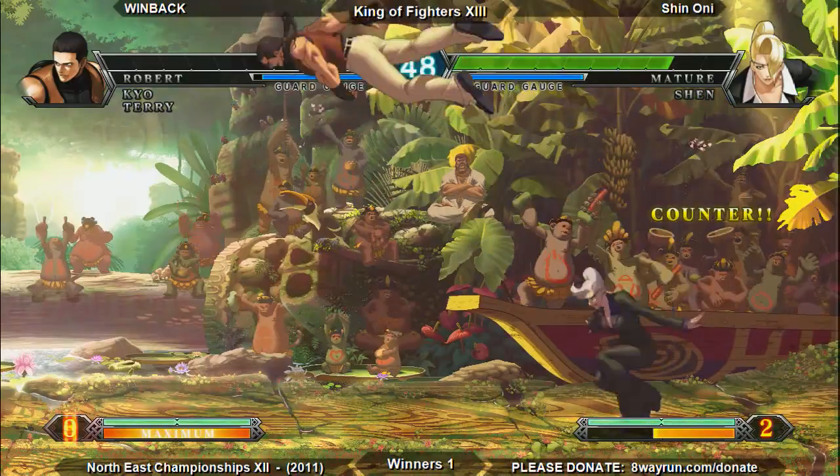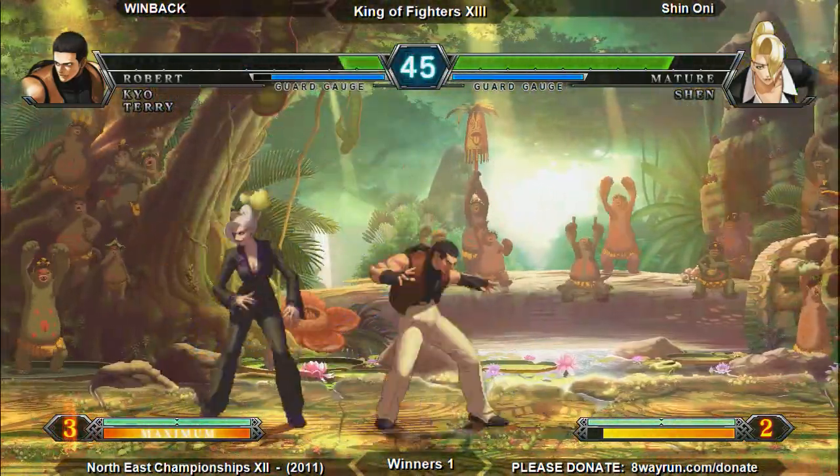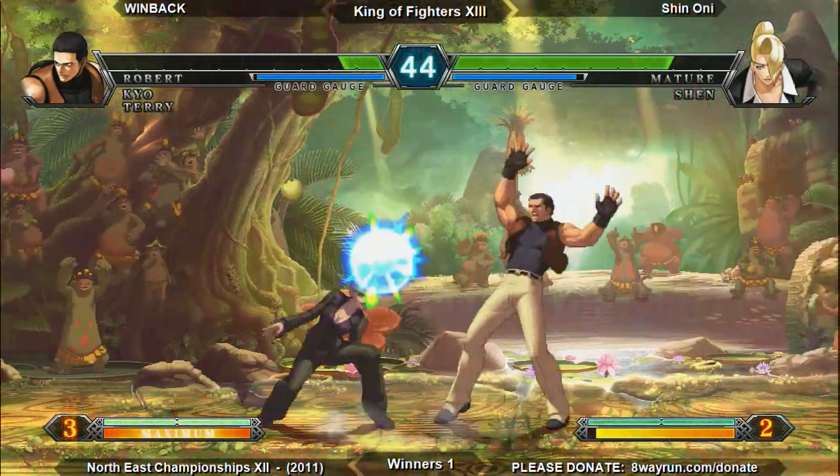Anyway, here comes Mature, just rushing down. Mature can be very strong, very in your face, and she's got an eye patch. And we know how good characters with eye patches are. Yeah, okay. Yeah, but anyway,